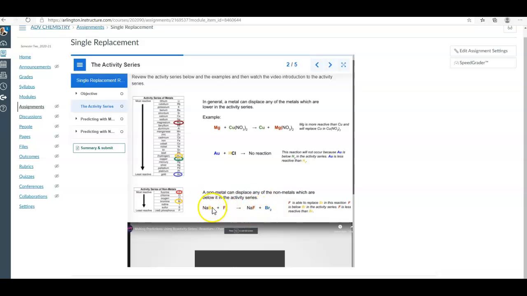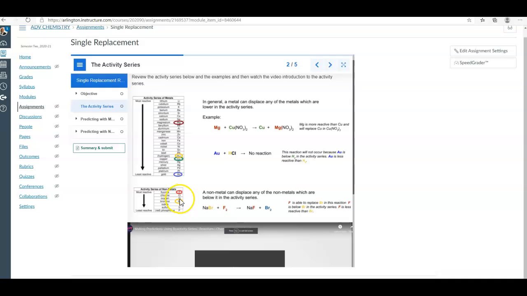Example of this is sodium bromide plus fluorine. Because fluorine is higher in the activity series than bromine, fluorine can replace bromine. Take note here, fluorine is replacing bromine, not replacing sodium, because it's going to be like to like. Non-metals with non-metals. Metals replacing metals. Okay, so in this case, we are comparing two non-metals, fluorine and bromine, based on their position